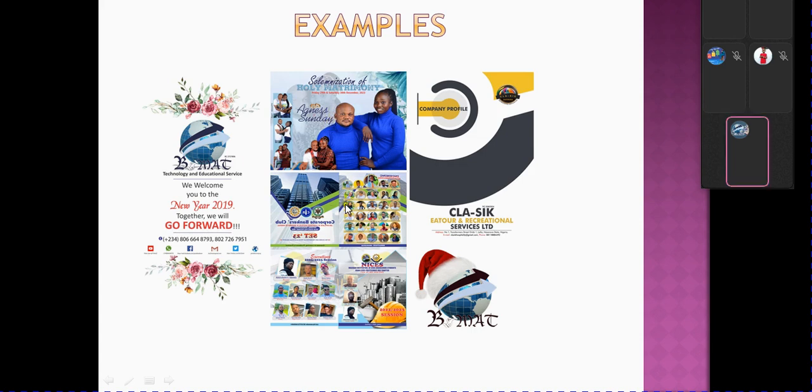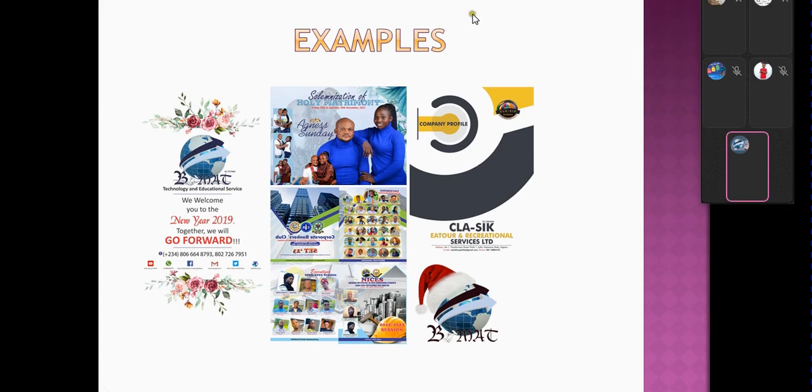Then we have some schools again. This is one department of a school that we helped to do some souvenir. There are these corporate bankers and civil engineering department, and there is another front of a company profile here. This company is actually located in Nasarawa. We helped them to do their company profile. Of course, there are a number of clients that we actually work for.